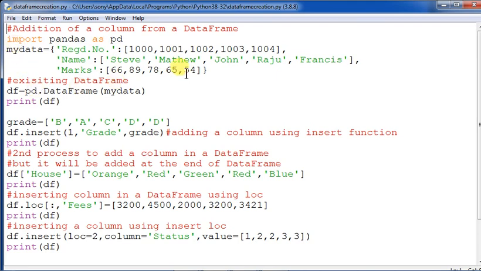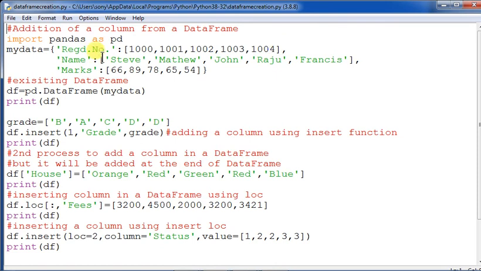Here we are using the technique of creating a data frame from a dictionary, so the dictionary has been chosen. The dictionary has different types of combination: this is a string numeric combination, this is a string combination, and this is again a string numeric combination. The numeric data has been enclosed in a pair of square brackets, which signifies that this data has been taken in the form of a list.